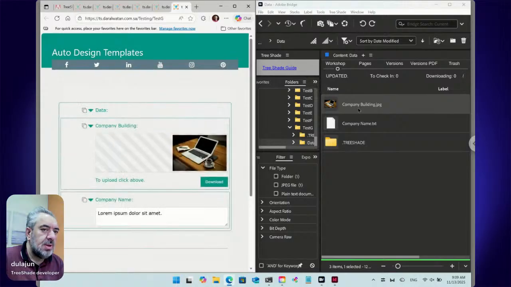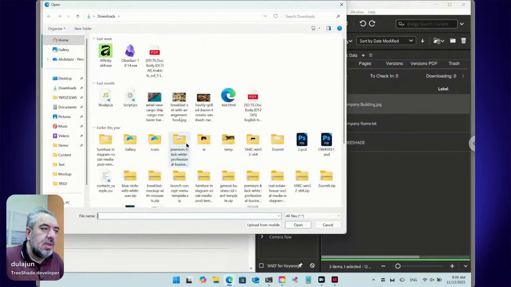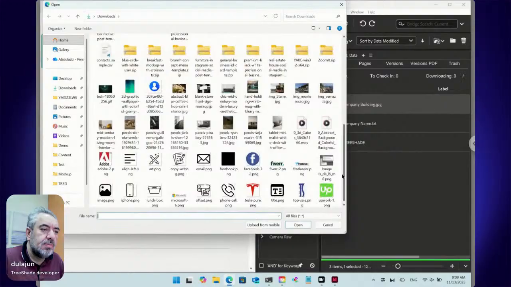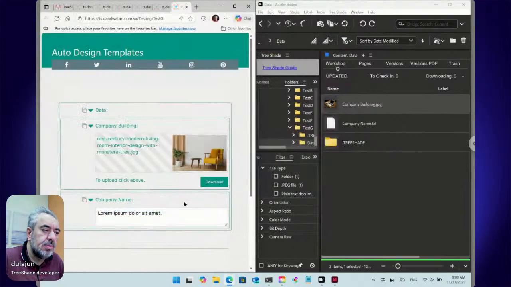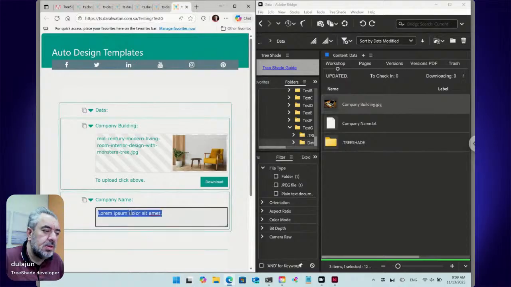Now the label here will be displayed, company name and company building. If the end user uploads a new photo and writes new text,